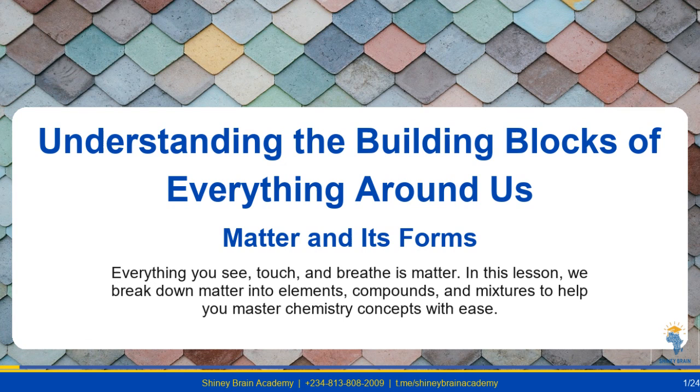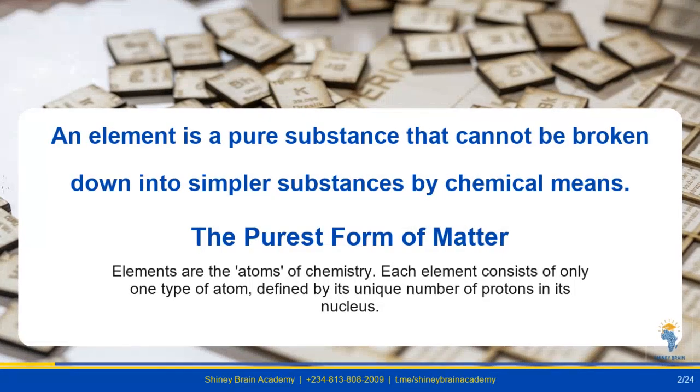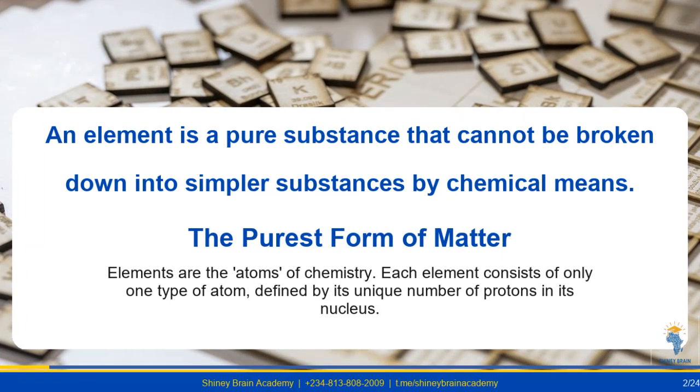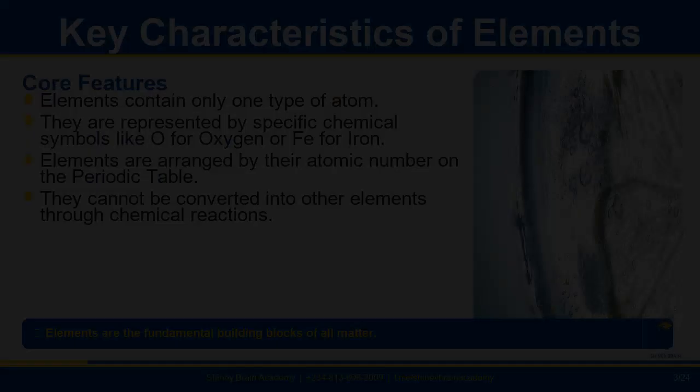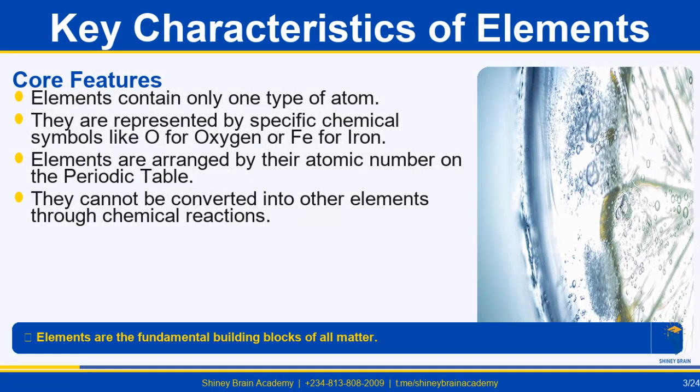Today we are demystifying the fundamental classification of matter: elements, compounds, and mixtures. Let's get started. Think of elements as the unique ingredients in a cosmic kitchen. Each element is made of only one kind of atom. Gold is gold because it only contains gold atoms. Elements are chemically pure. Whether you have a grain of gold or a bar of gold, it is all the same type of atom, which is why elements are so stable.